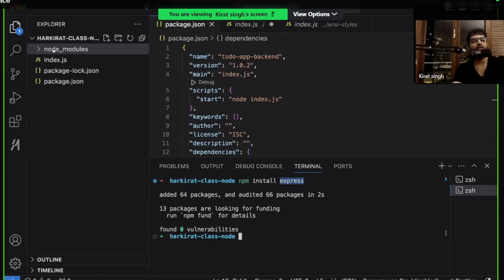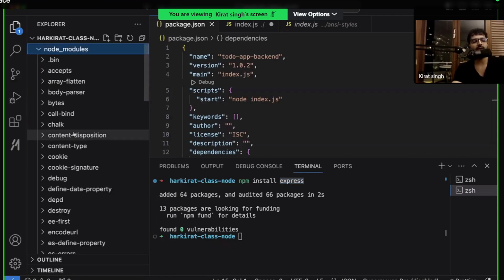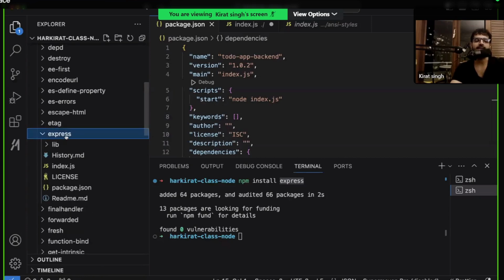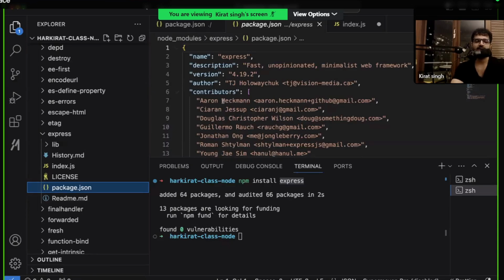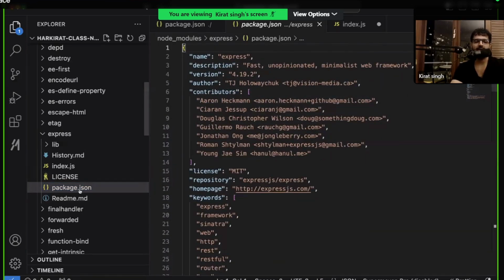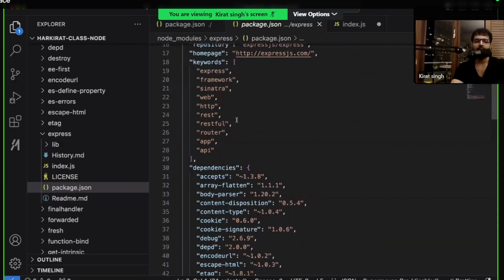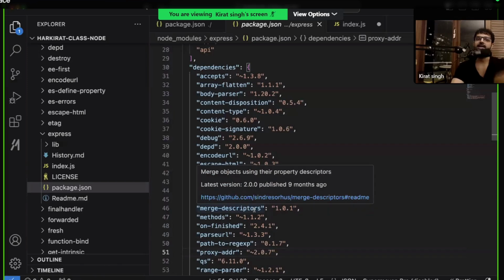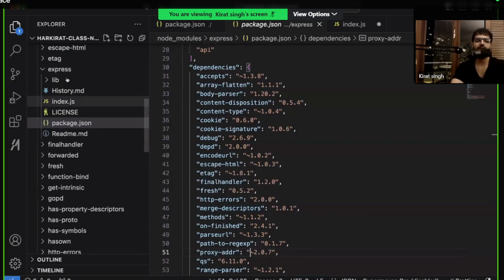I repeat, if I go to Node.js, now look at it. How many dependencies are there? There are 65 dependencies. Didn't it become very fat? Why did it become so fat? It became fat because this Express library also has a package.json, which, if you look at it, has some contributors, some description, some name, but more specifically has its own set of dependencies. So this is dependency hell. I just installed Express, but unfortunately, Express has so many dependencies.